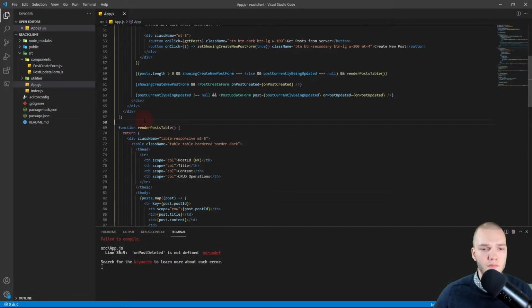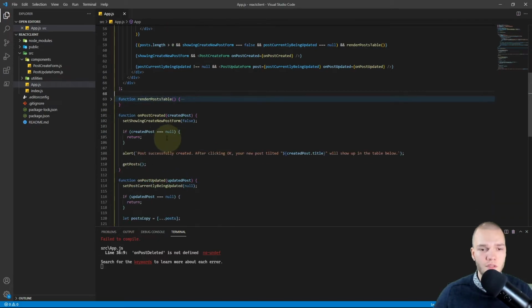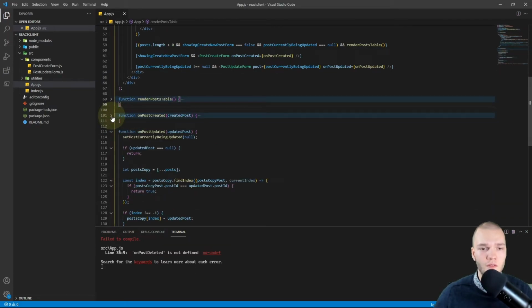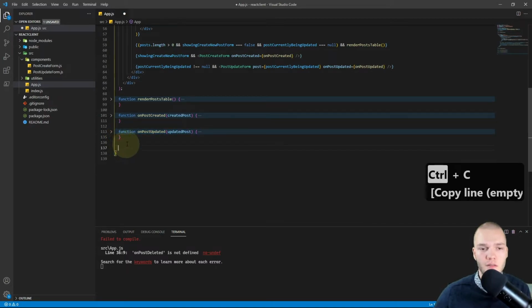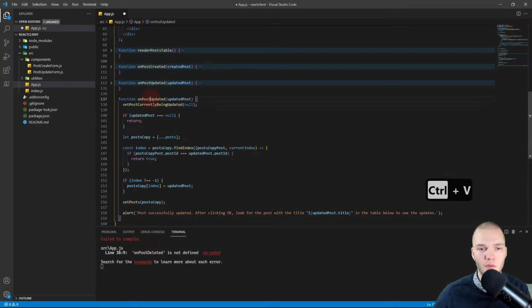I'm going to tuck it in, and the last thing to do is to implement that onPostDeleted function. So I'll scroll down, tuck in renderPostTable, tuck in onPostCreated, tuck in updated, and below this onPostUpdated I'll implement onPostDeleted, and I'll start by copying and pasting onPostUpdated, change it to onPostDeleted, and that's going to take in the postID.